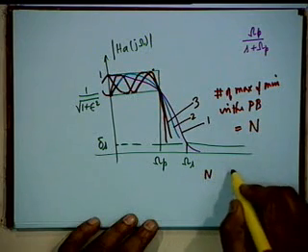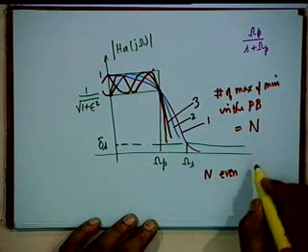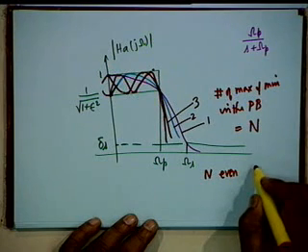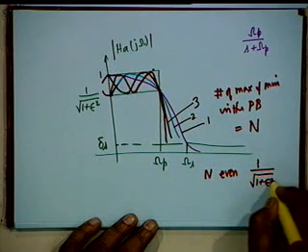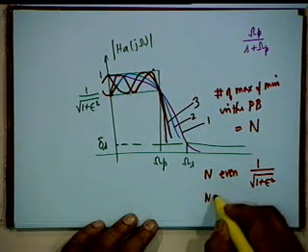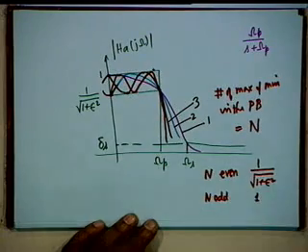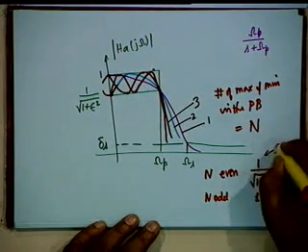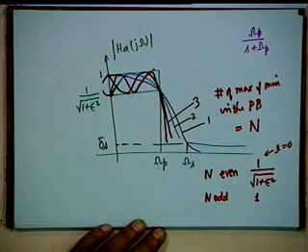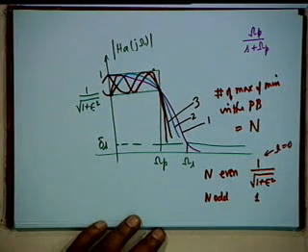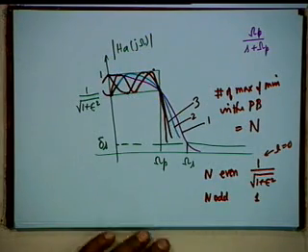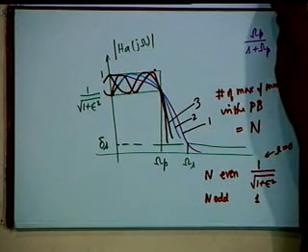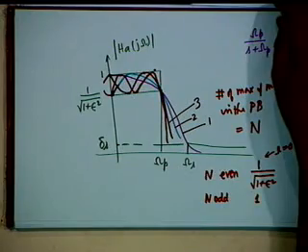And if capital N is even, then the starting point is 1 by square root of 1 plus epsilon squared. If capital N is odd, then the starting point is 1. Starting point means at omega equal to 0. Agreed? If you remember this, then we can proceed further. It can be shown that the poles in this case